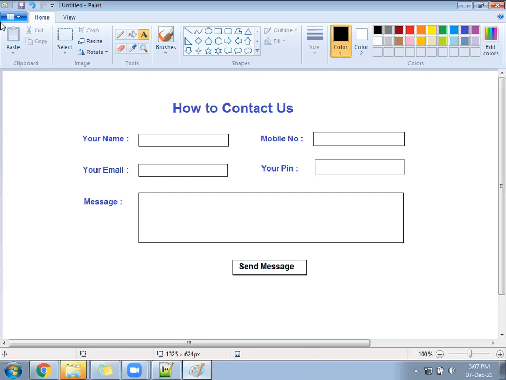See, for guidance, in the first row, how many columns? First row, 4 columns, right? Second row also 4 columns. Third row, how many? 2 columns. In one place you have to write colspan equal to 3. And last is the button. Inside the button you have to write colspan 4. Try your own. Even I will write. If you make a mistake, I'll write. You will compare it.